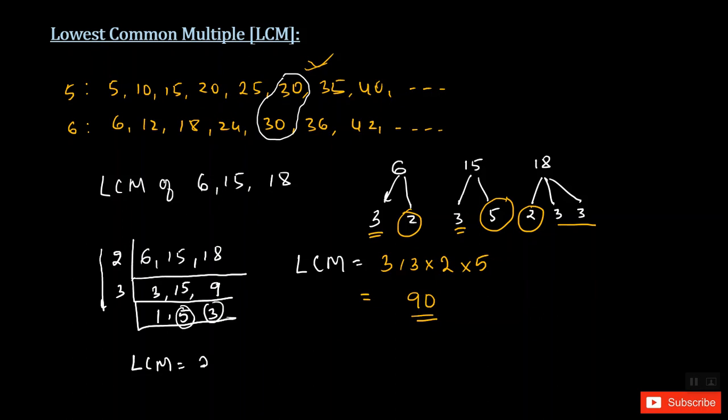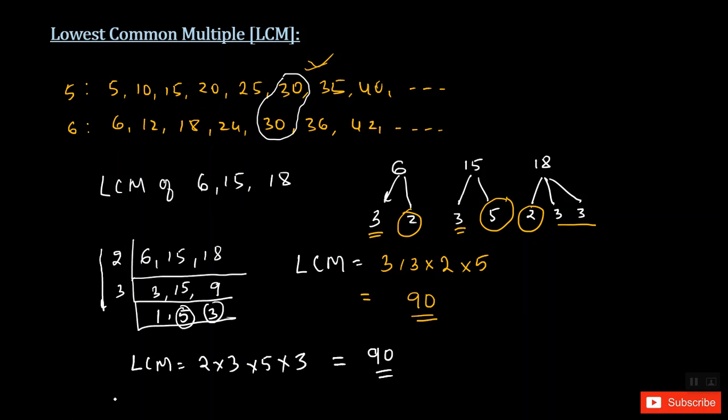So we can do it like 2 times 3. I'm multiplying 2 times 3 times 5 times 3. So what are you going to get? 2 times 3 is 6. 6 times 5 is 30. 30 times 3 is 90. This is also the way. So you can do it either way, and at the end you're going to get the same answer, right?